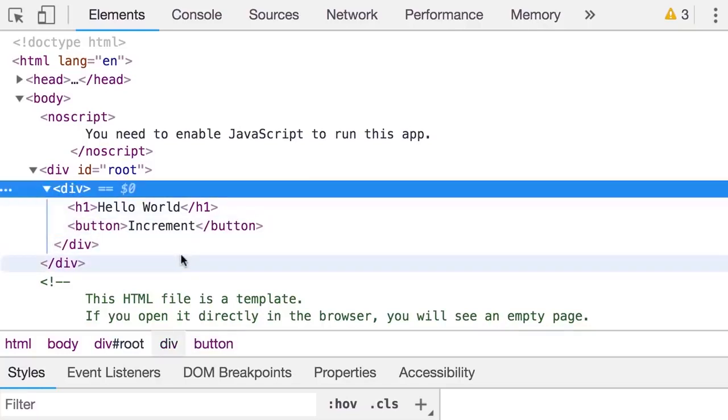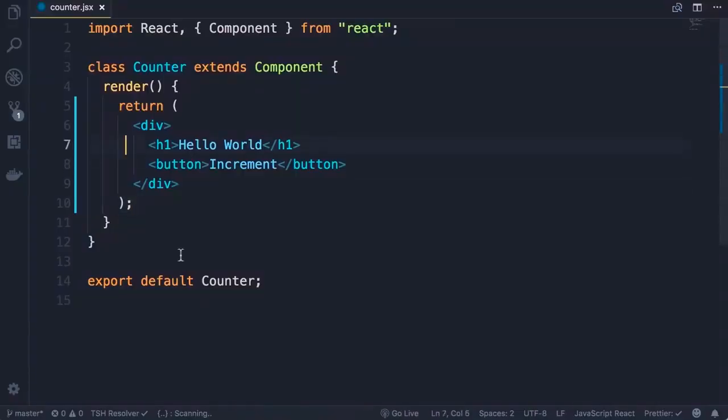Now, sometimes you don't want an extra div that is not doing anything here. In that case, you can use React.Fragment. Let me show you. So back in the code, we imported this React object on the top. This React has a child called Fragment. So we can replace these two divs with